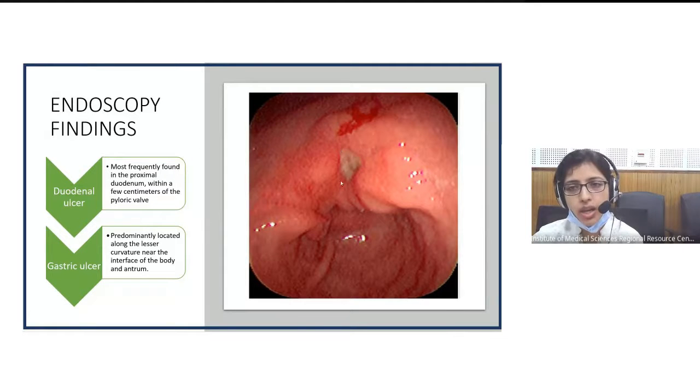And this is how an ulcer looks on endoscopy. So what is an ulcer? An ulcer is basically a breach in the lining epithelium, a breach in the mucosa. This is how a healthy mucosa would look. It appears reddish, and here there is complete loss of this mucosa. Rather, what we see is a slough or debris at the base,